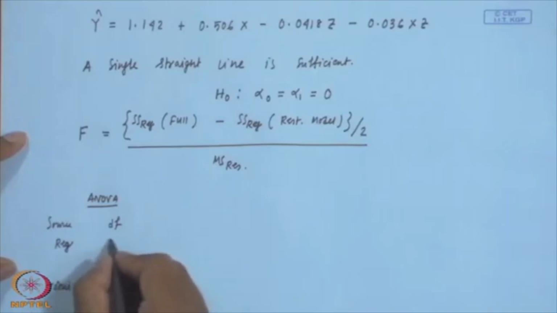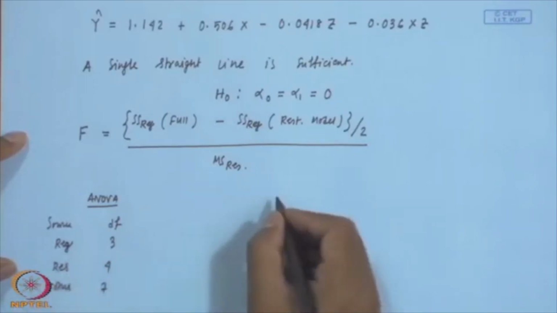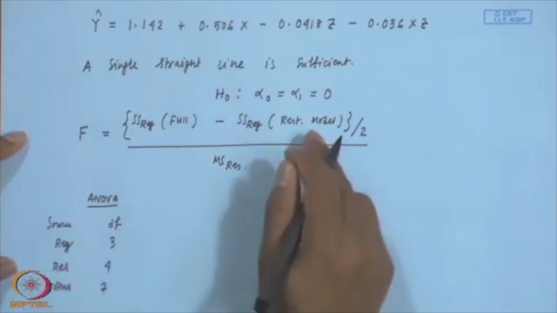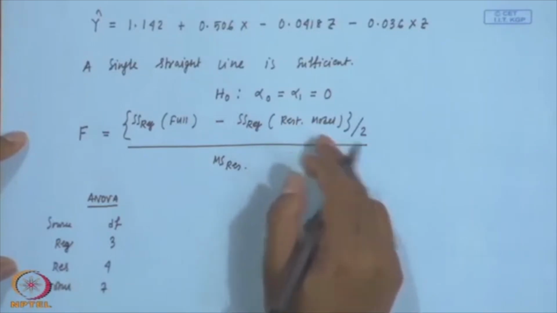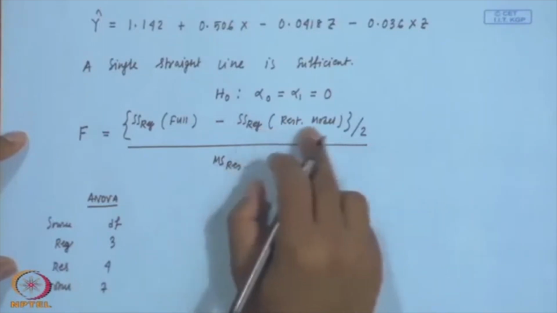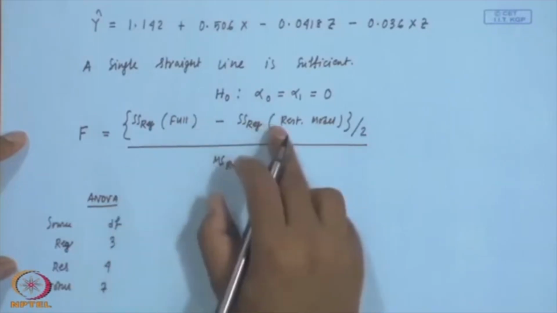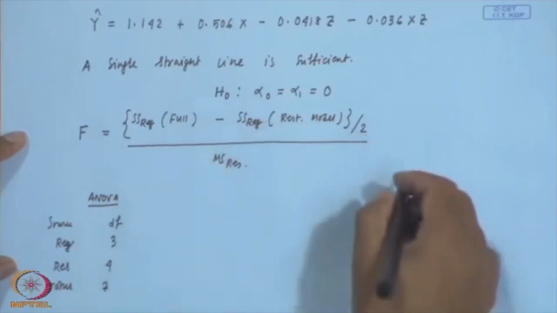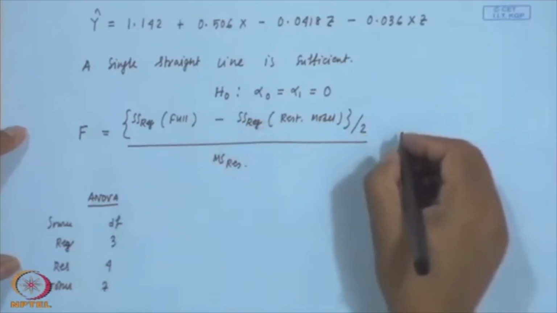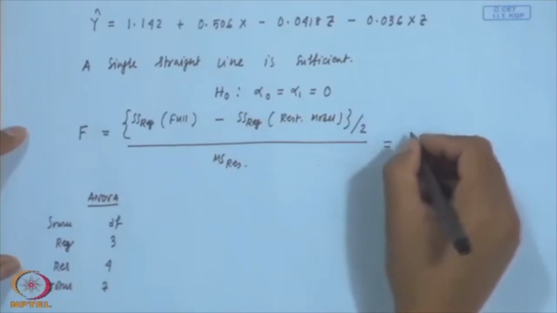So, it will be 3, and the residual has degree of freedom 4. Okay. Now, the restricted model has only 2 parameters. So, this will have degree of freedom 1. So, 3 minus 1 is equal to 2,